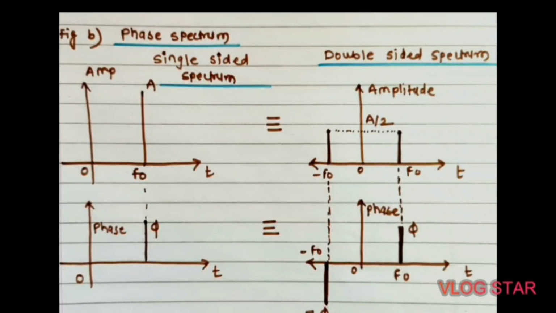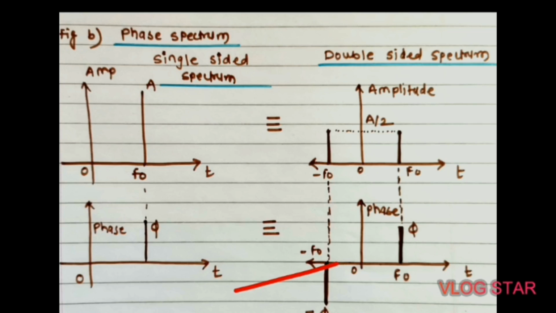Second is the double sided line spectrum. The line spectra drawn in the previous section are called one sided or positive frequency line spectra, but the other spectral representation proves to be more valuable even though it involves negative frequency. It is called a double sided line spectrum. The double sided line spectra can be obtained from the single sided spectrum, as we can see in this figure.